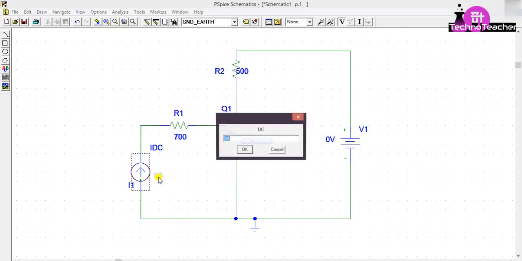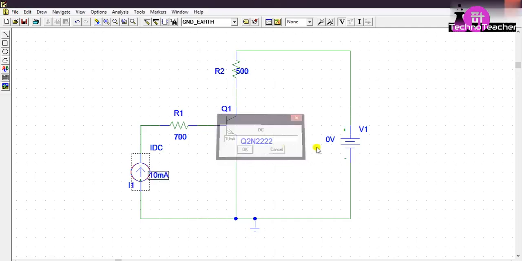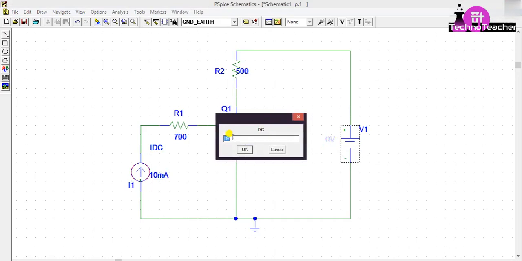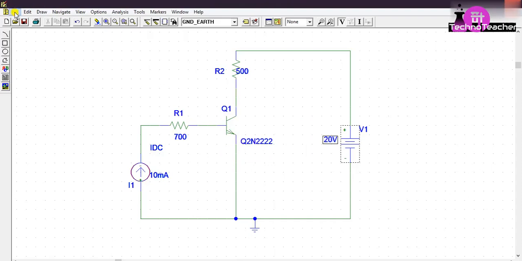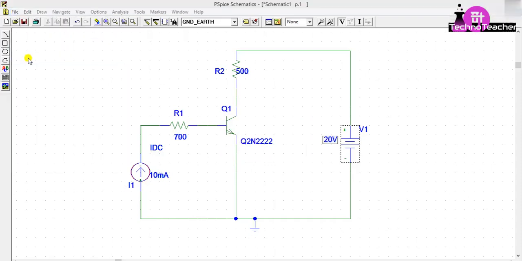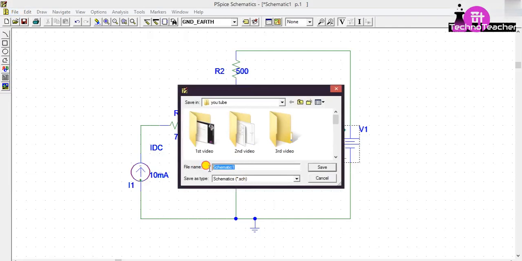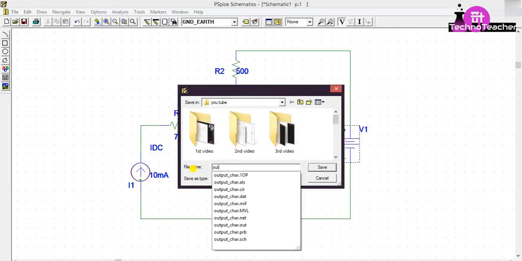Let's take this value as 10 milliampere. And this value suppose 20 volt. Okay. Now save this schematic. Suppose output.